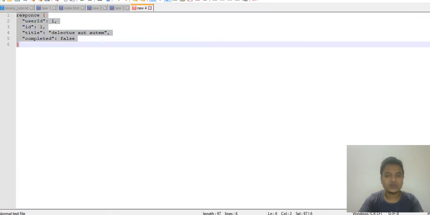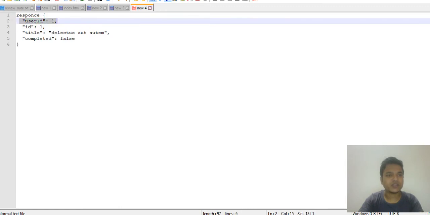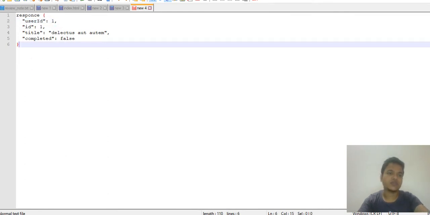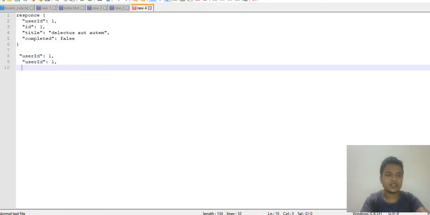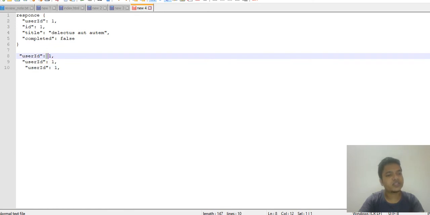If we want to use the data one by one, like getting the value of user ID 1, we can't do that directly. What we can do is split the string one by one, like this, like this. That's also a long process. We can do that in code.